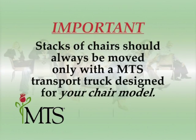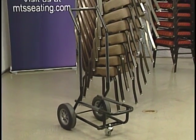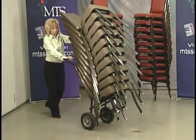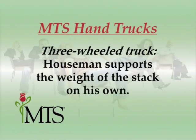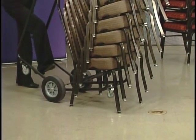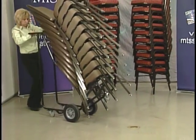This is why it is important to use an MTS transport truck that is designed specifically for your chair model. A traditional three-wheeled truck allows the houseman to move the stack relatively easily. As you can see, with a three-wheeled truck, the houseman is supporting the weight of the stack. An even better solution is our five-wheeled hand truck, with which the entire stack is supported by the cart and